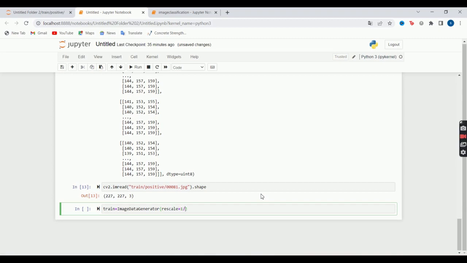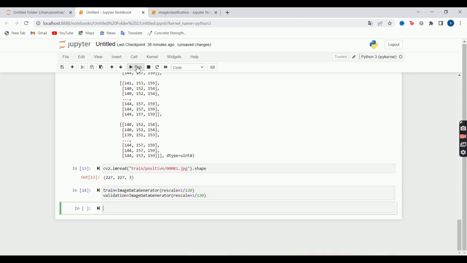Rescale equal to 1/255. Similarly, for the validation set, validation equal to ImageDataGenerator with rescale of 1/255. If you run this code, there are no errors. Now let us convert training images to a dataset